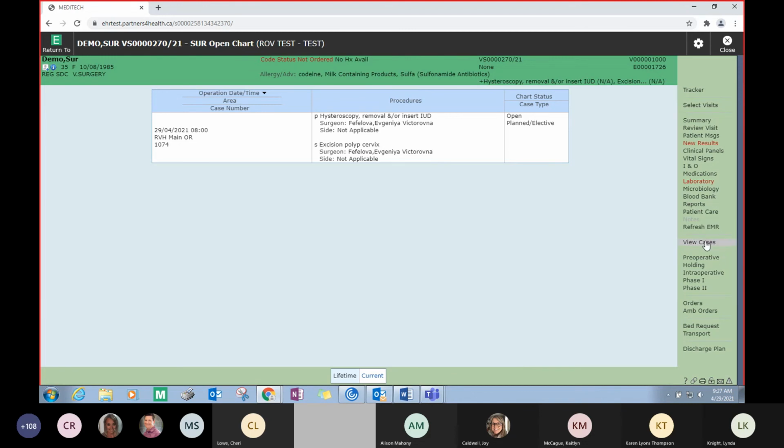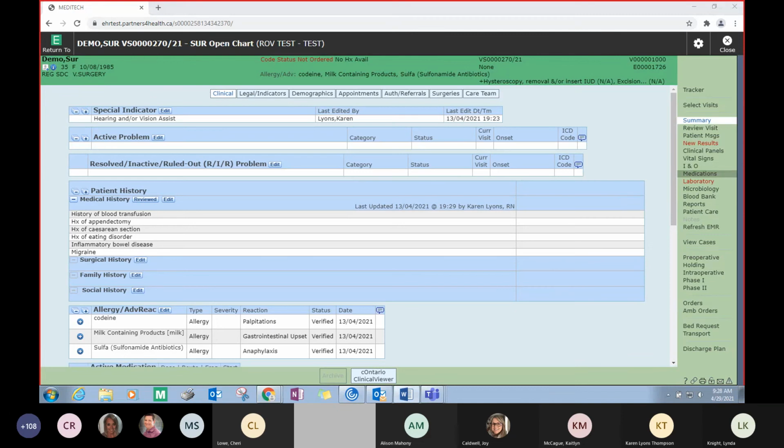Above the view cases routine, you'll see all of the EMR part of the patient chart. That's where we can review all the patient information, including vital signs, lab results, and the patient summary screen, all of which will be reviewed later today in depth with another demo session. I am going to click into the summary screen because I just want to show you quickly that I can review and